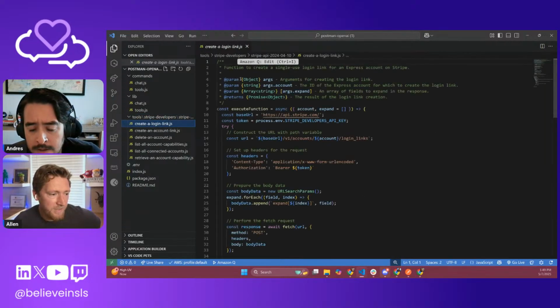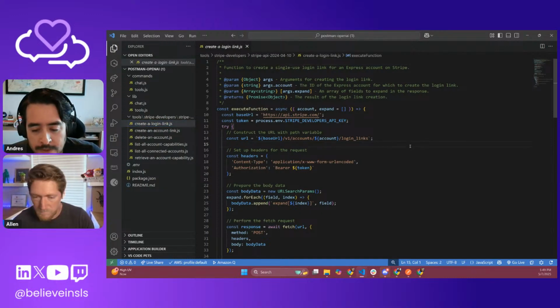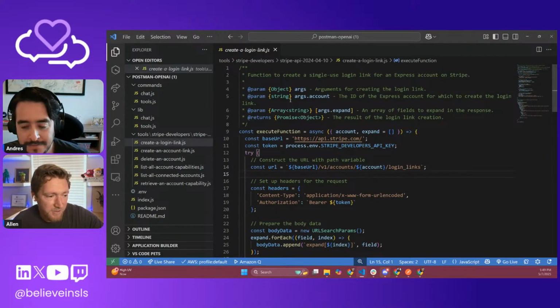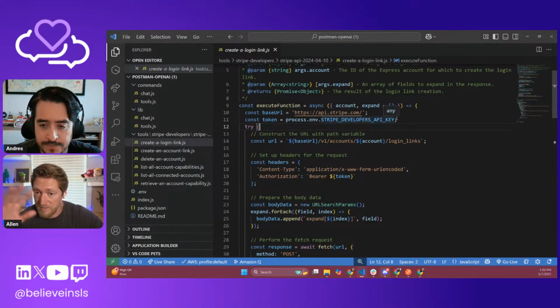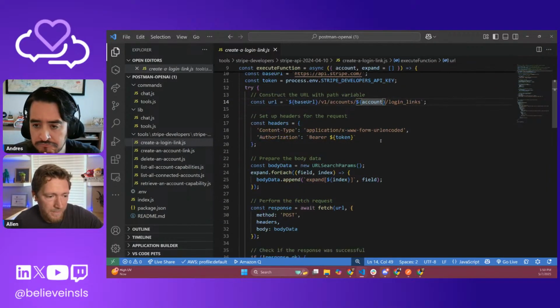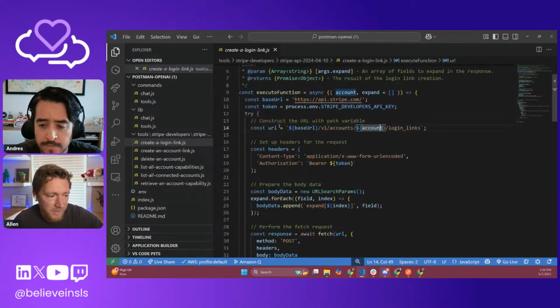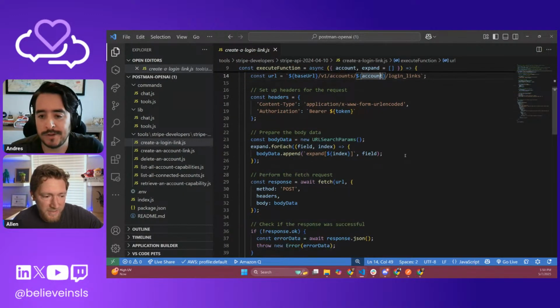Let's take a look at one. It's generating everything in JavaScript. It said that was the only language supported at the time being. I will take it. It's using JSDocs to define what the inputs and outputs are. It's using environment variables for the collection variables that were attached to that request. And then it's using these parameters, which would be provided by the LLM as tool inputs to actually go and execute the request. So really all it's doing inside of this tool definition is building the request.